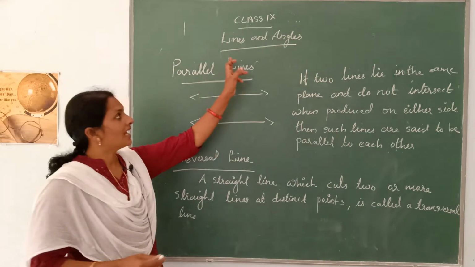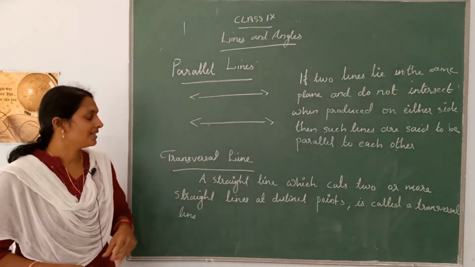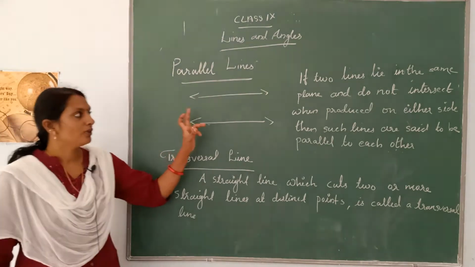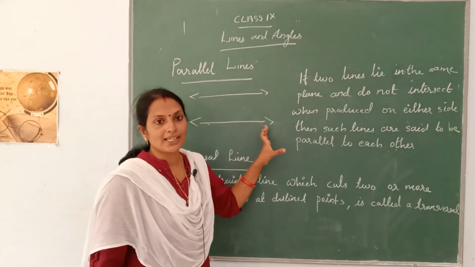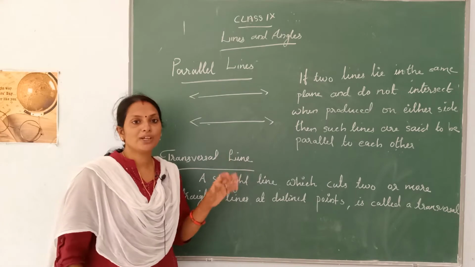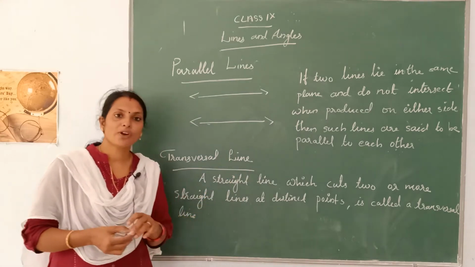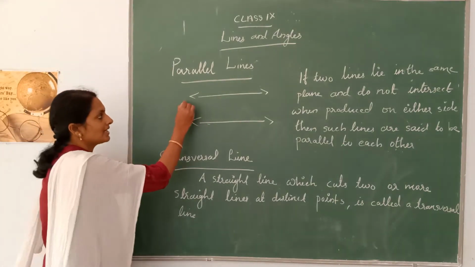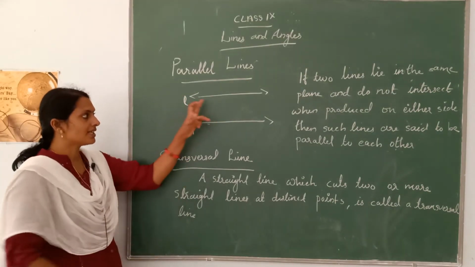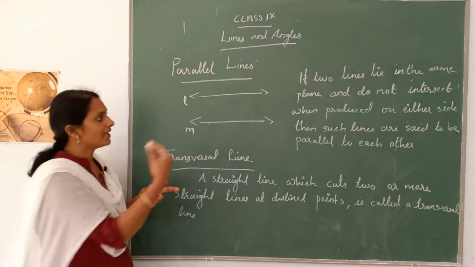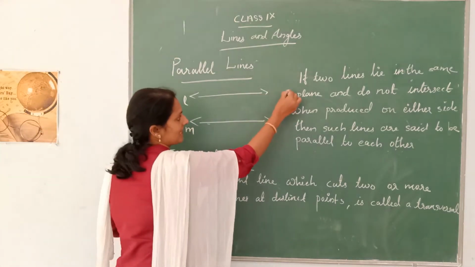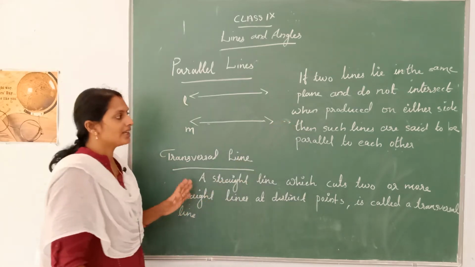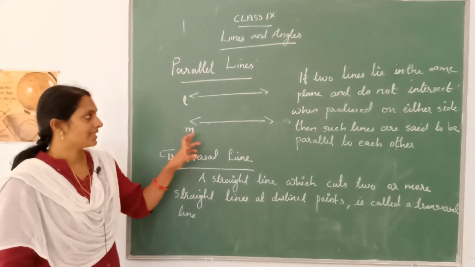Next topic, parallel lines and transversal line. First, parallel lines. You know that if two lines lie in the same plane and do not intersect when produced on either side, that means consider two lines L and M lie on the same plane, and when we extend them on either side, they do not intersect,